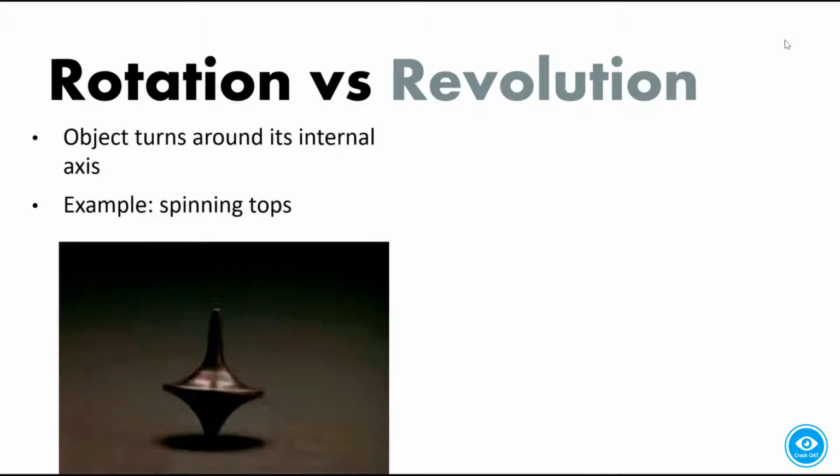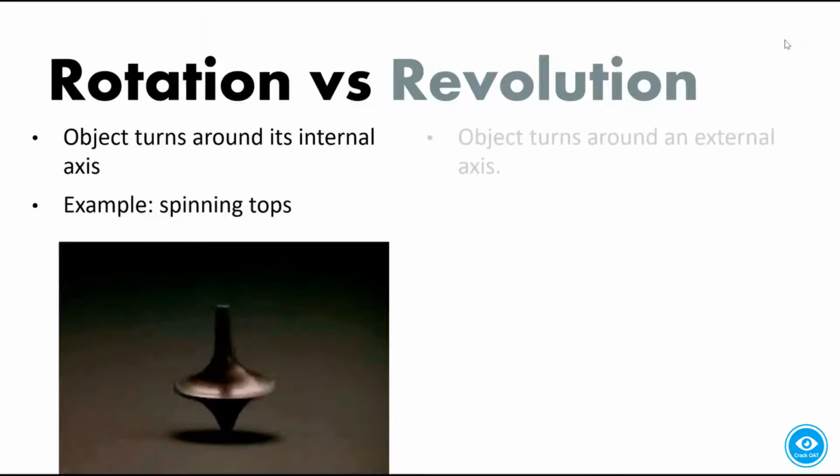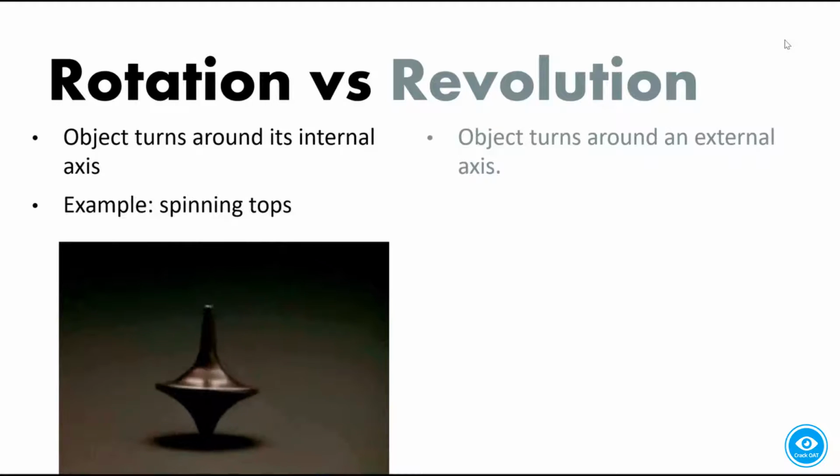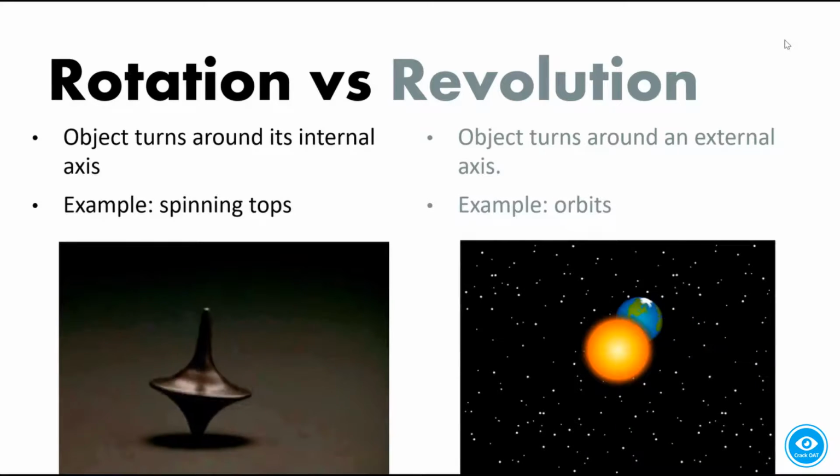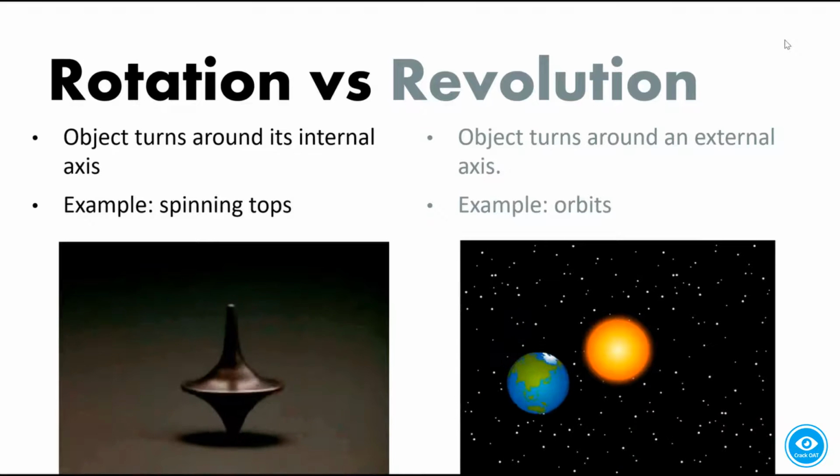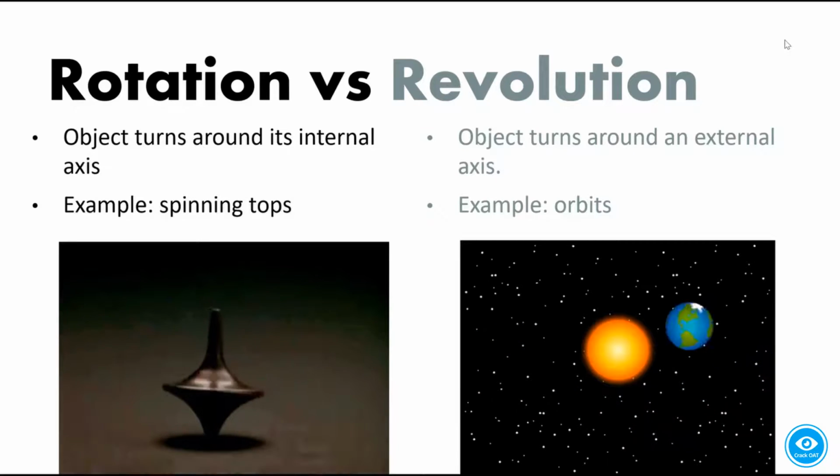Now, revolution is when an object turns around an external axis. So its axis of rotation is outside of itself. And an example of this would be orbits, because we see that planets are orbiting around the sun rather than